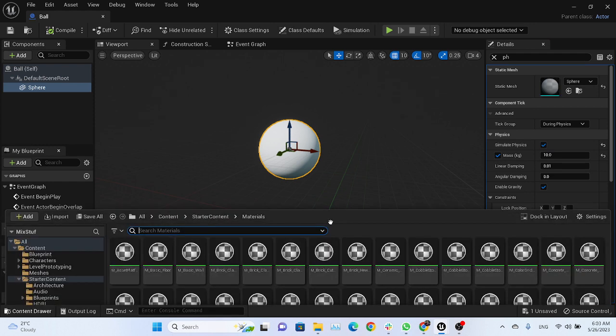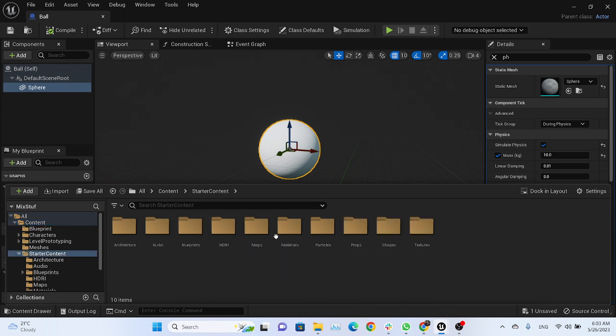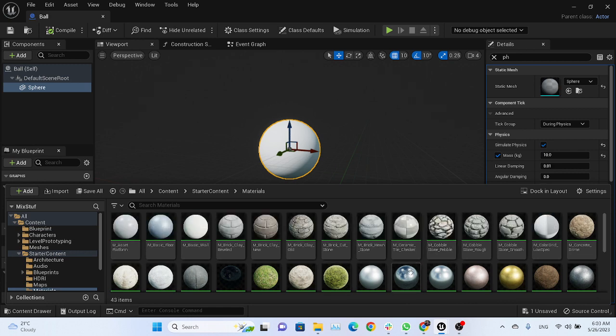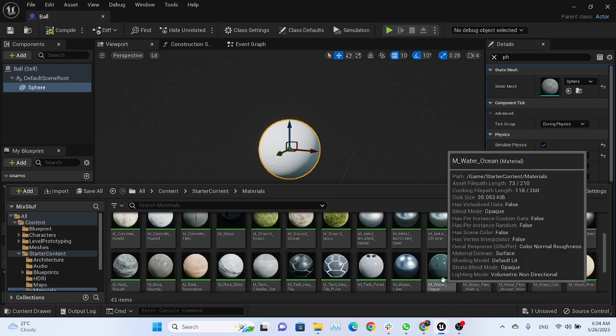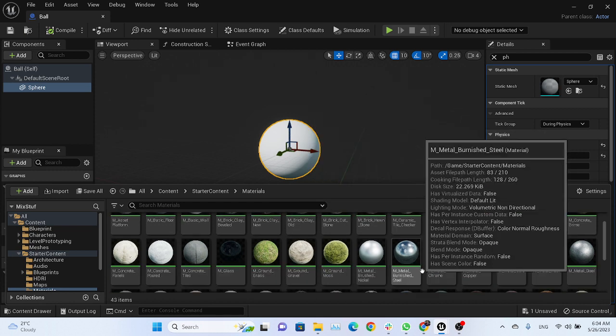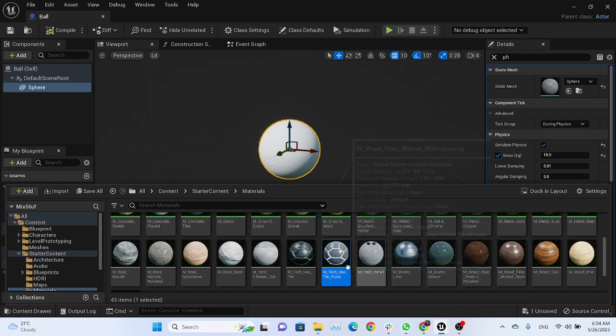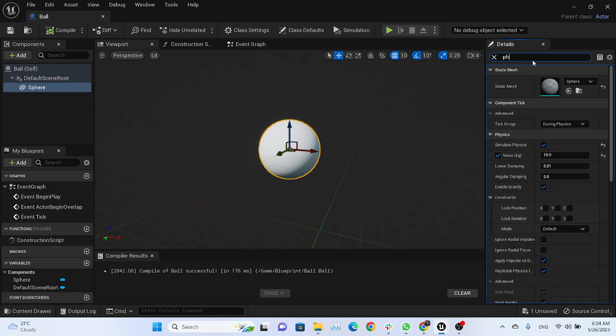Then we need to apply some kind of material to this. Go to starter content, and then materials here, and from here you can apply any material, but you should match the material with the mass you have set. For example, there should not be brick material with 5 kg or 10 kg, so I would just go with some kind of these. This looks like a ball, so I will just choose this, and here under the material slot for this I would select it,